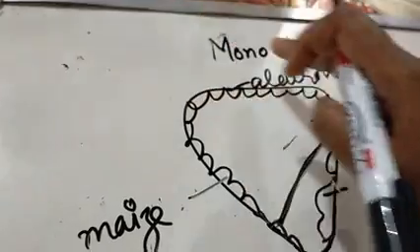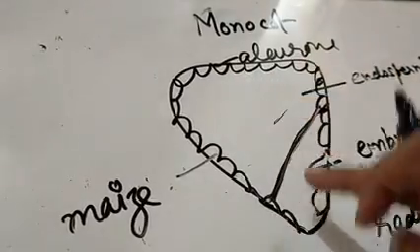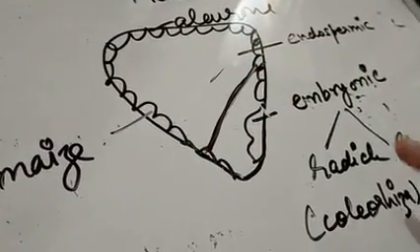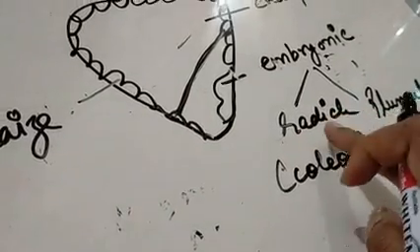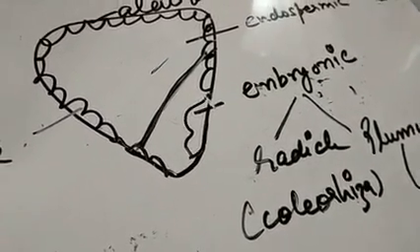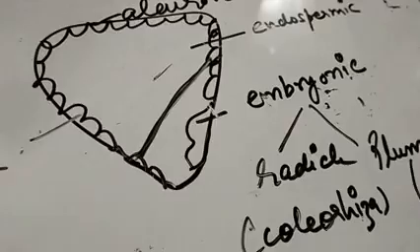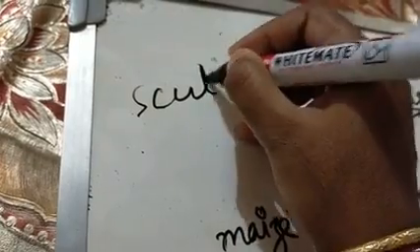So what all the structures do we have? We have the endospermic part and the embryonic part. The entire part is covered with a protein layer which is called aleurone. Both the parts are separated by a layer of single epithelial tissue. The embryo consists of radicle and plumule. The radicle grows up to the root and the plumule to the shoot. The radicle is covered by a special structure called coleorhiza, and the plumule is covered by a special structure called coleoptile. And the single cotyledon is called the scutellum.